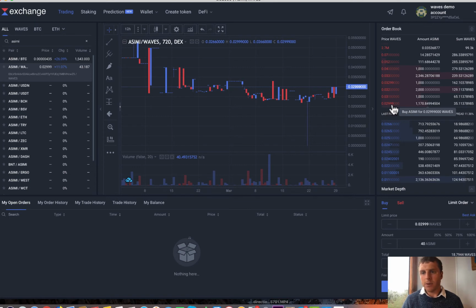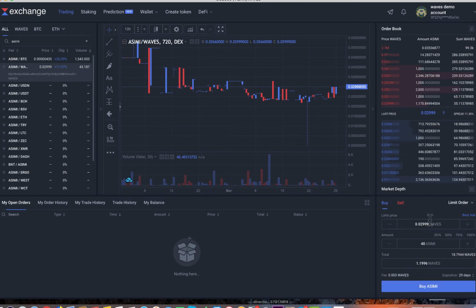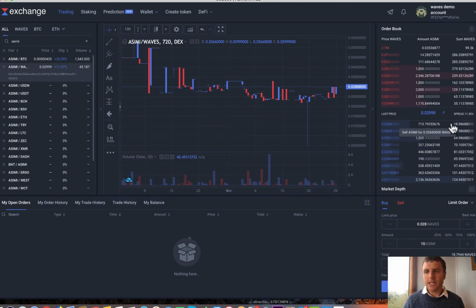you can see this is the price that people are selling Asimi for, this is the price they're prepared to buy it for. So if we put a price in between here, let's say that we want to buy some more Asimi, but in this instance we're going to just go 028. Again, if this is moving too fast for you, just go and watch the real how-to videos, but this presumes that you already have some understanding about using these types of systems. I'm going to put another order in for 10, and we'll click buy Asimi again,